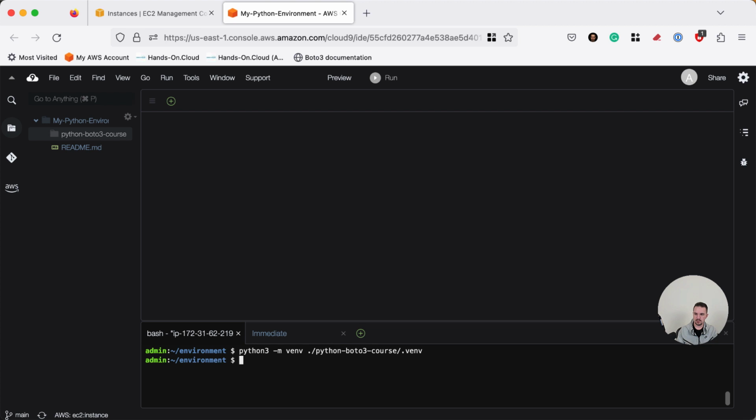Now, as soon as we created Python virtual environment, we need to activate it. So to do that, we are typing source, and then the actual location for the Python virtual environment, which is going to be Python Boto3 course/.venv, then bin, and then activate. What it does is basically isolate our Python interpreter and all the Python tools which we're going to be using to that specific folder, and we will install Boto3 library in .venv